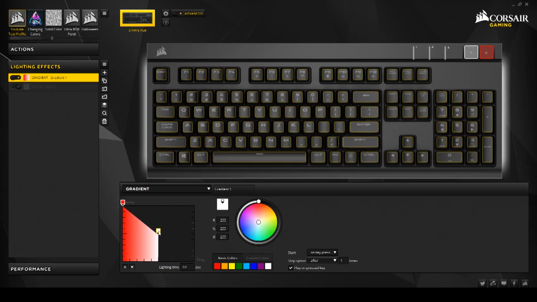Now another cool thing you can do is an RGB fade, where it'll go from red to green, I'm just going to approximate the colors here, guys, to blue. And this is really cool looking. Basically, now it's going to fade between red, green, and blue for any one of these keys pressed,